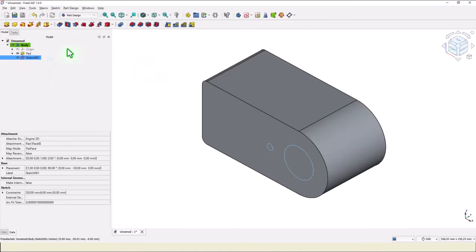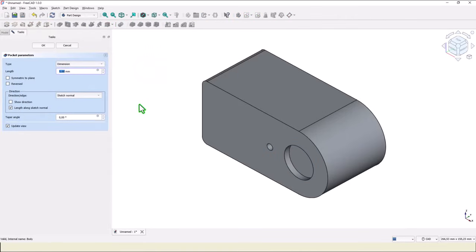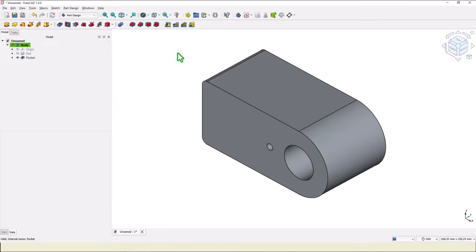Close, pocket all the way through the part. Okay, then